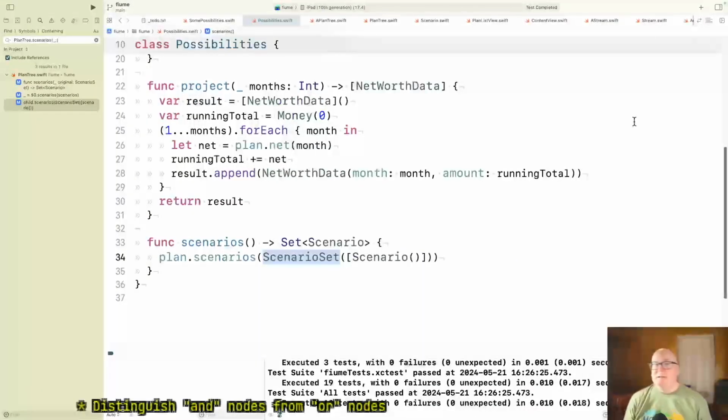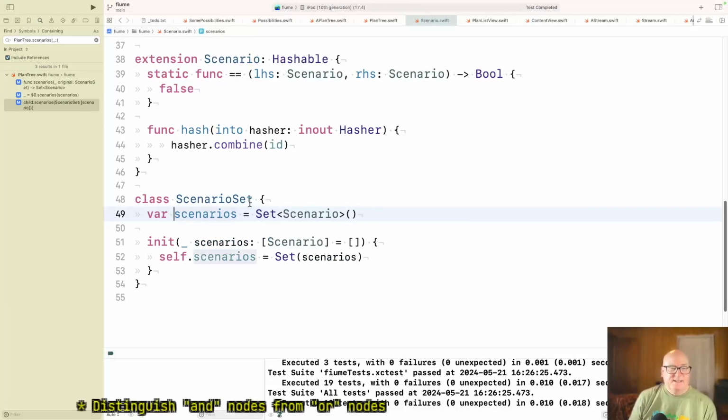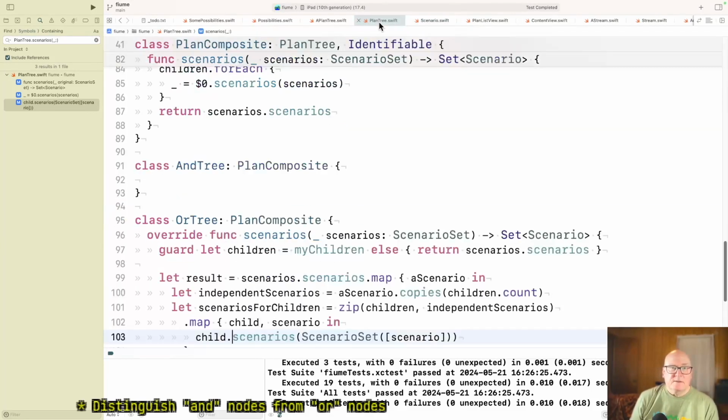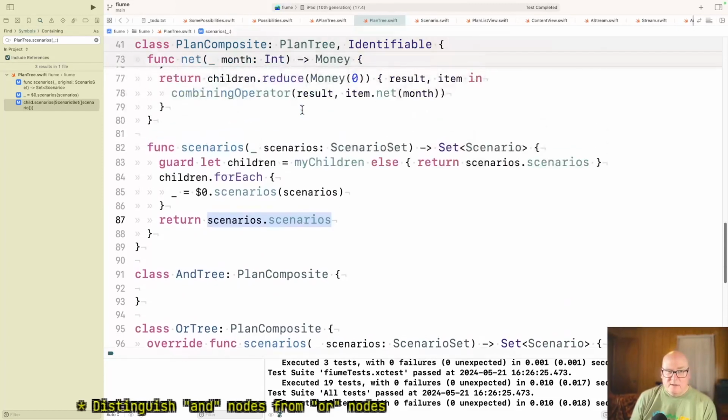Okay. Well, let me identify a next step. Okay, so I think the next thing to do is make these results, losing them. All these guys that do this in a return, they probably should return a scenario set.